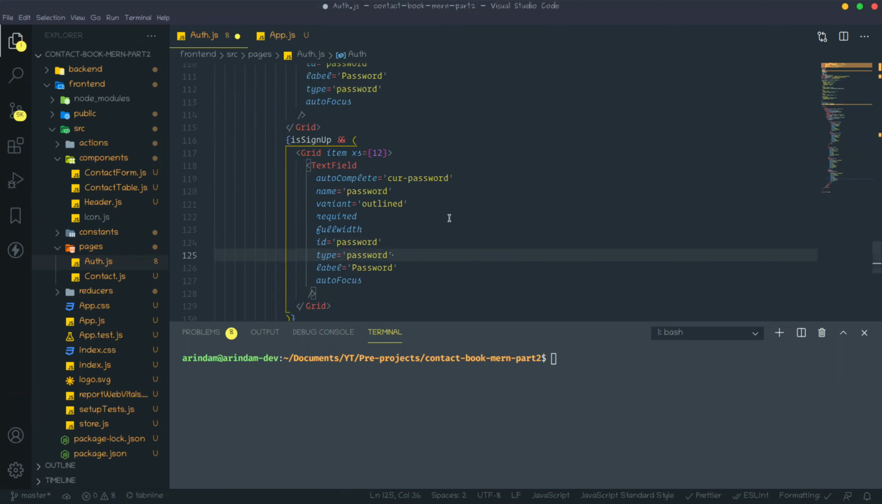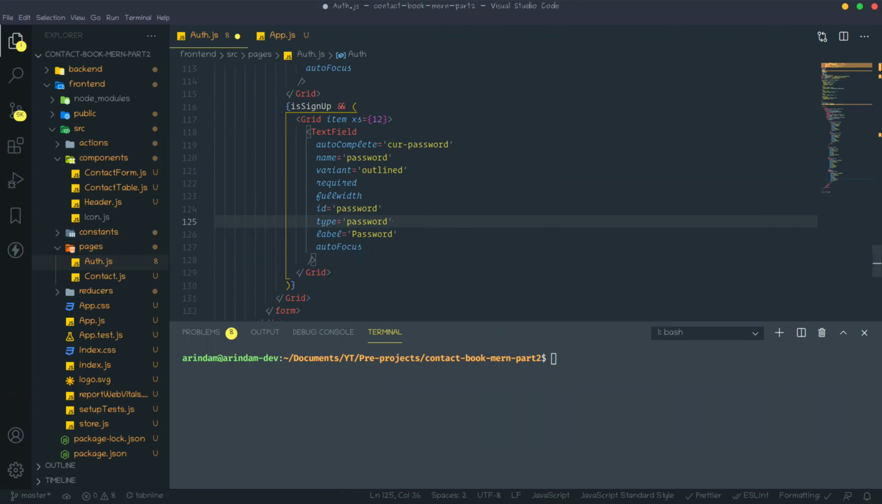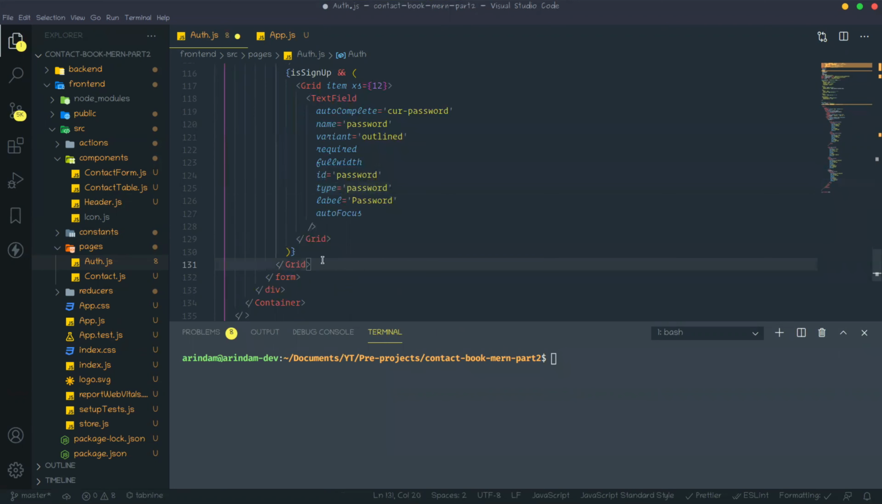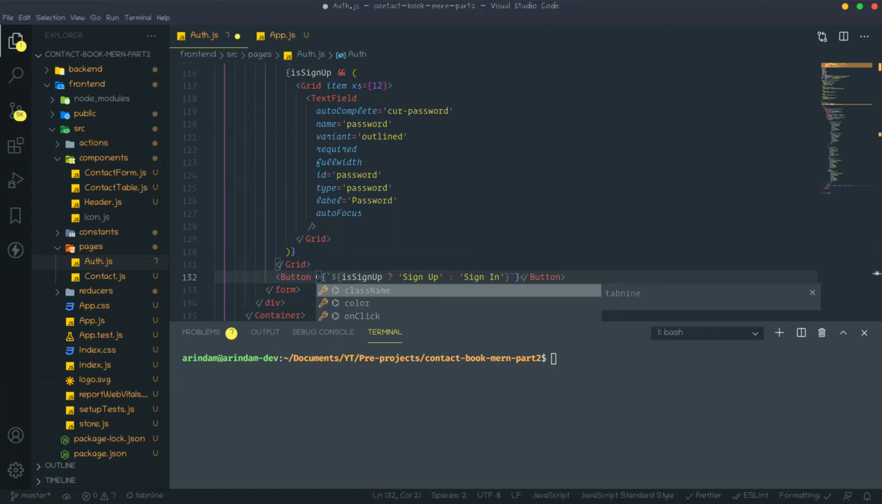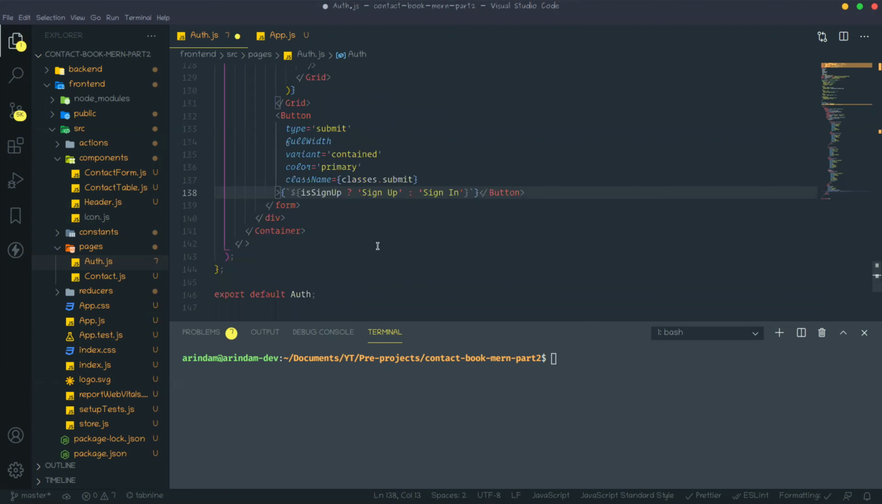Okay, and after that grid we need to create one button. So that button, B should be capital. If is sign up is true, then we need to show sign up. If not, then we need to show sign in on that button label. Okay, and this button will take some props. So type is submit, fullWidth, it will take full width, variant is contained, color is primary, and className is classes dot submit. Okay,